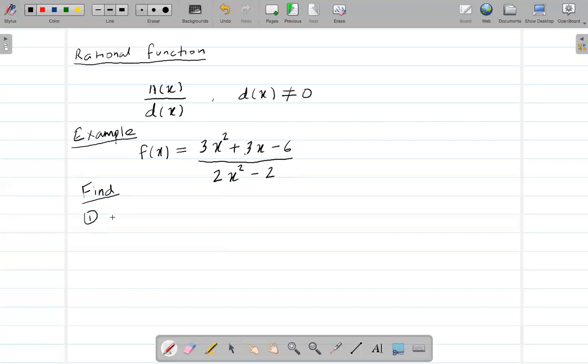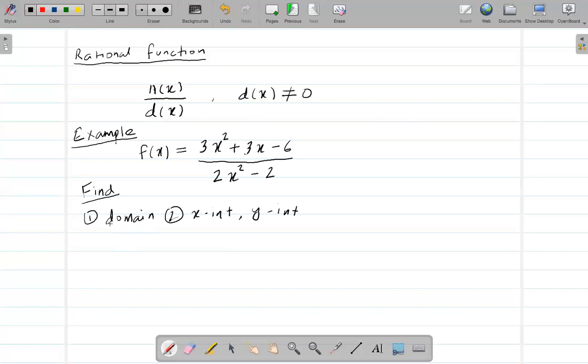First, the domain. Second, we need to find the x-intercept and y-intercept both. This too, I'm not going to do now because I think I have already done a similar problem in the last